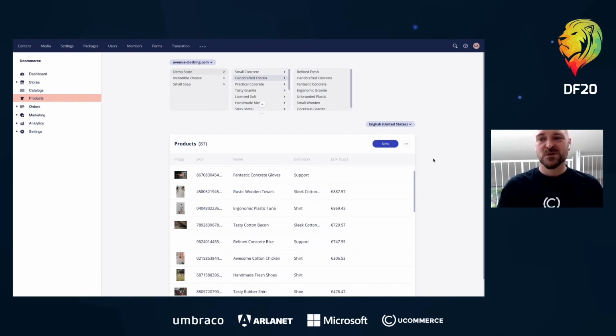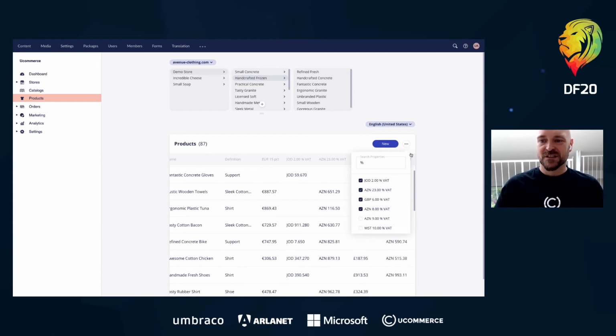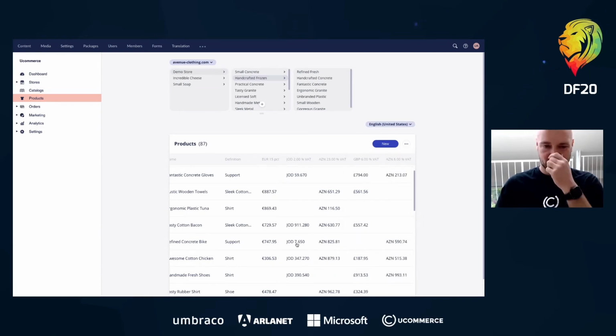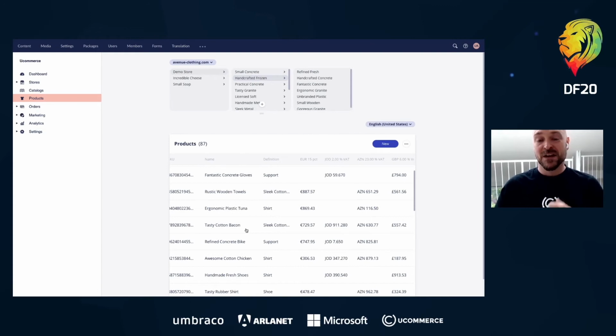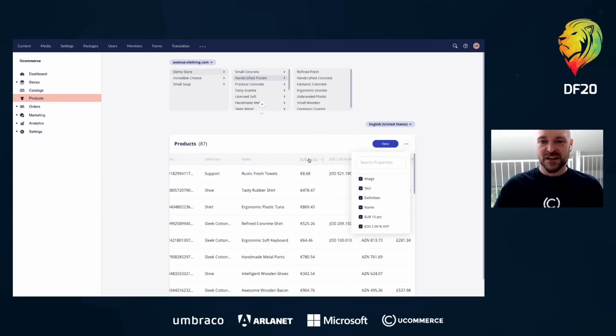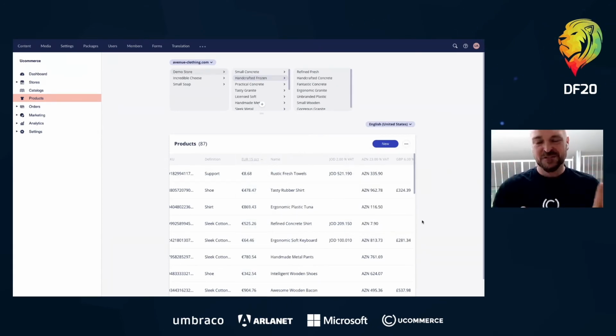And one of the top requirements we had for it was basically the ability to customize the fields within the list. So whenever you create new fields for your products or new price groups, as we can see here, you can actually go in and say, well, I want to customize my personal list here, so I can see all my price points in different price lists. And of course, I can go ahead and reorder columns and things like that. Basic things that everybody wants, and it's saved for me personally. So I can just get back to this view as quickly as possible.